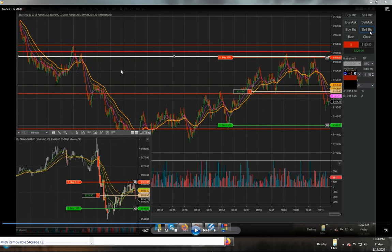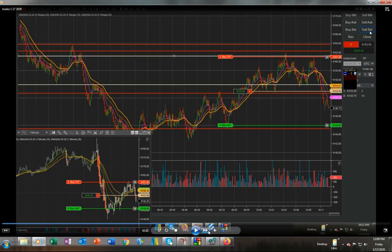So by now I had lost back most of my ticks. I think I was down a little bit. Here's something where I saw a pattern, and I knew if we broke down below this and we had this double top, there was a good chance we could at least get to this next area. And there was a nice little gap here. So I did a 30 tick target and a 30 tick stop. Wanted to give it some room. And this one didn't hit the target right away, but